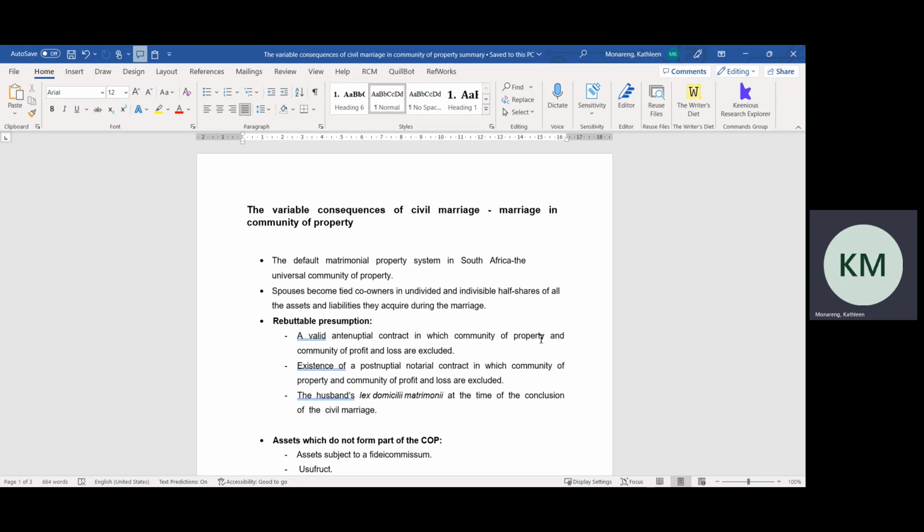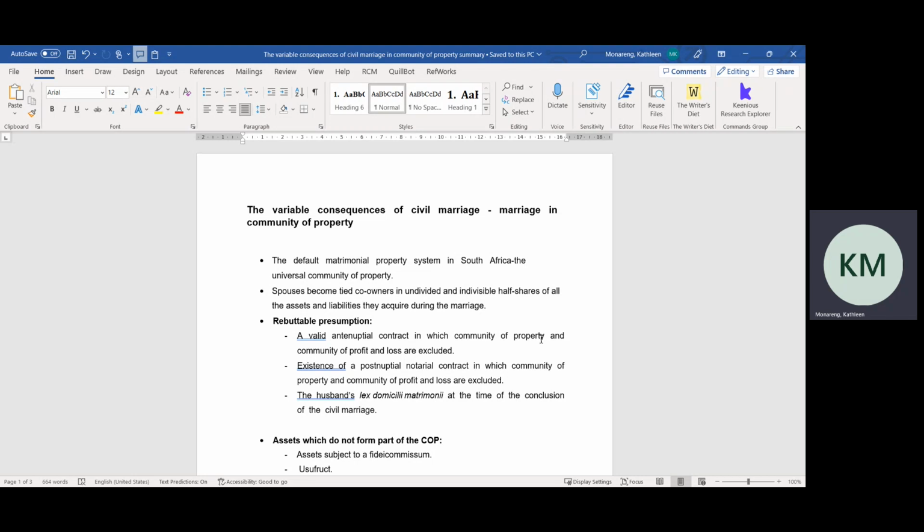Firstly, the spouses must produce a valid anti-nuptial contract which excludes community of property. Secondly, they must produce a valid existing post-nuptial contract which excludes COP. And thirdly,